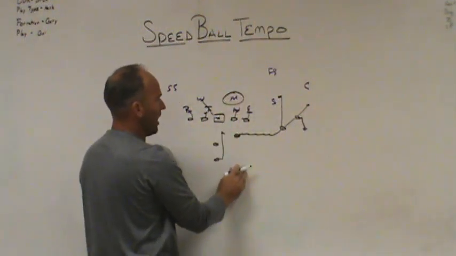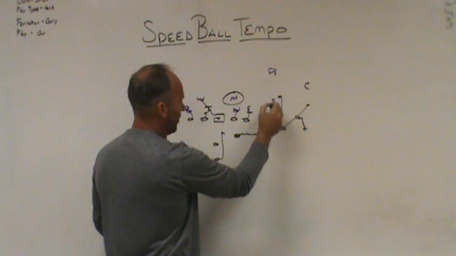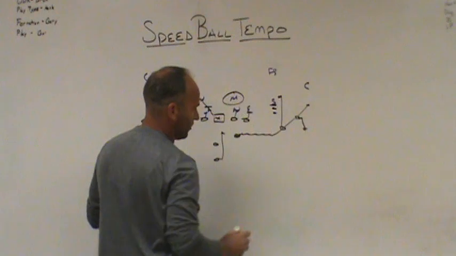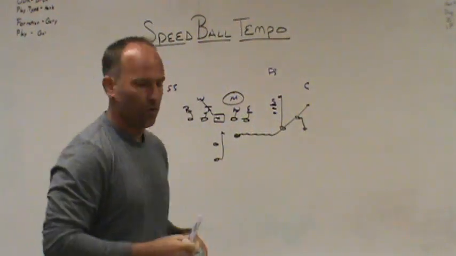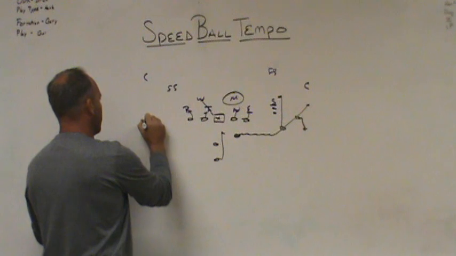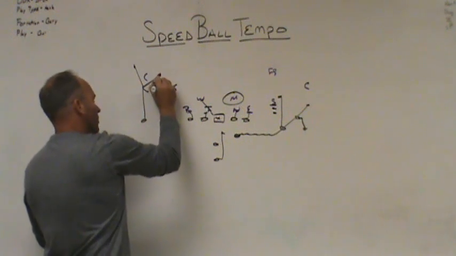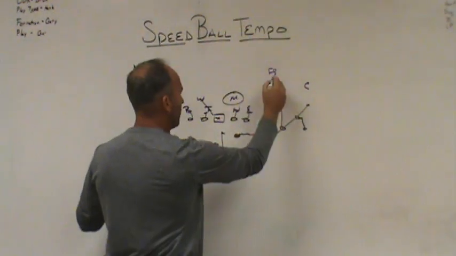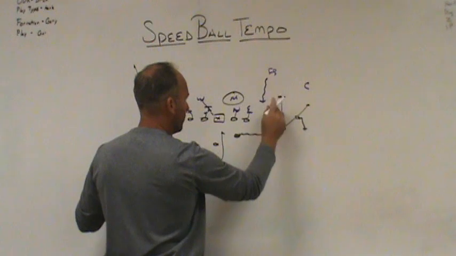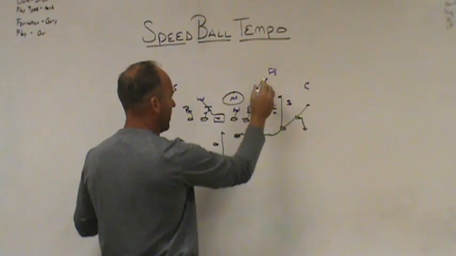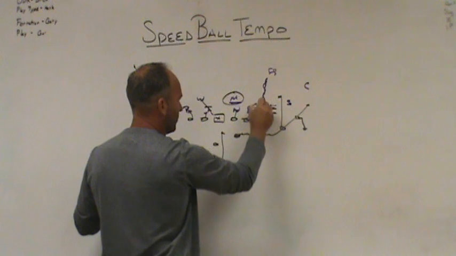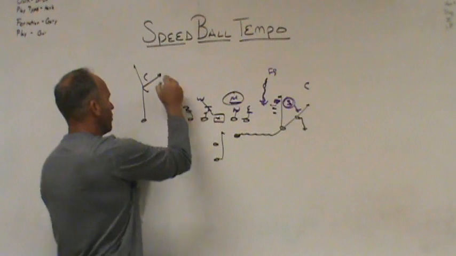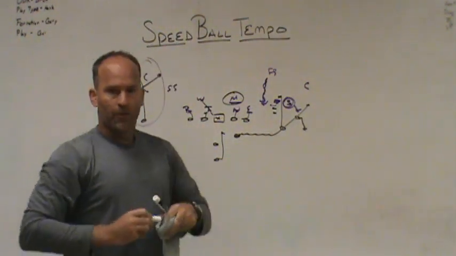If the mic sits inside, now we're going to go to a possibility of having stick to the Y or screen to the Z based on how that Sam linebacker is apexing it or defending it. All the while knowing that you still have your one-on-one game to the backside. If they want to be a team that, when they get motion, spins down an extra player and bumps the Sam out, and now they've got the mic in the box for the zone, the safety down for the stick, and this guy out here to help on the screen, now your quarterback can go right back to one-on-one on the backside.